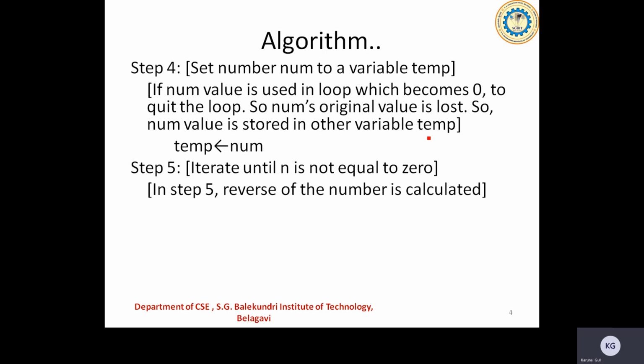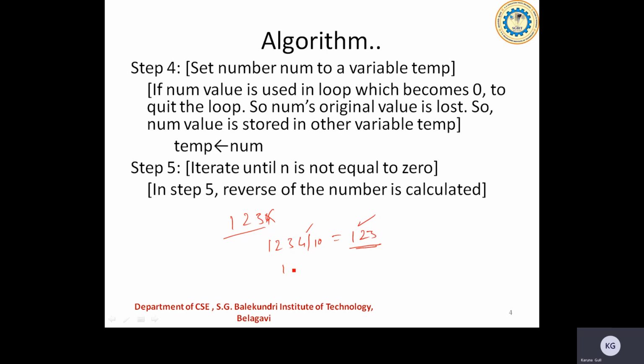Then how do I carry out that operation with the division operation? Every time after taking the units place data, I have to be left with only the upper part of the data. If I have something like 1 2 3 4, after taking this data I must be left with only this data. To get only this much, it must be divided by 10. If I divide this by 10, I'll be getting only the quotient part of this, so I'm interested in this.